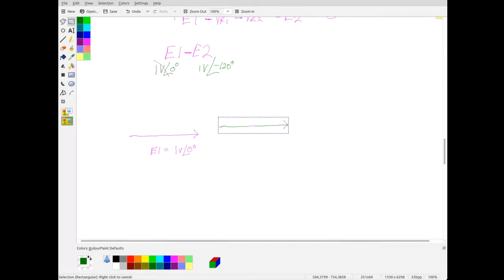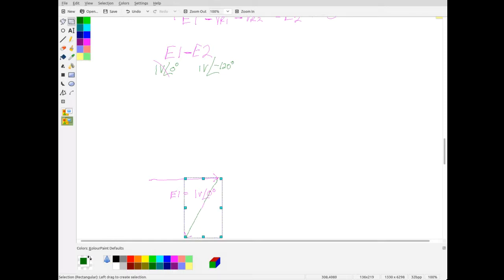E2 over here. Okay, now, but E2 is at an angle of minus 120 degrees. Okay, so that's going to be 120 degrees. All right, so E2 is connected this way. Okay, to move this down a little bit. So, all right, so they're both the exact same length. Okay, and so if we add these two together,